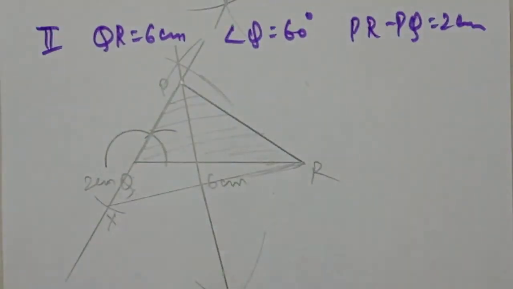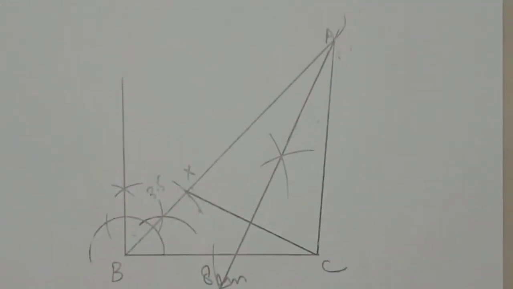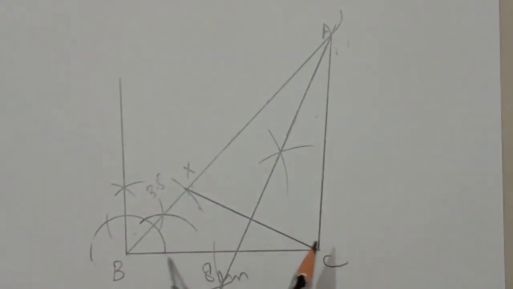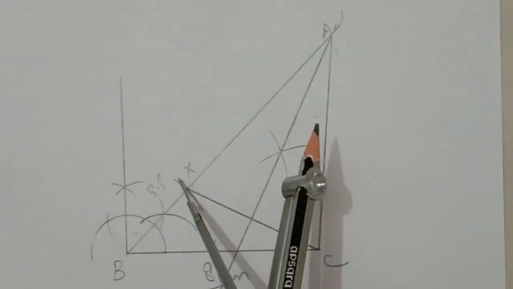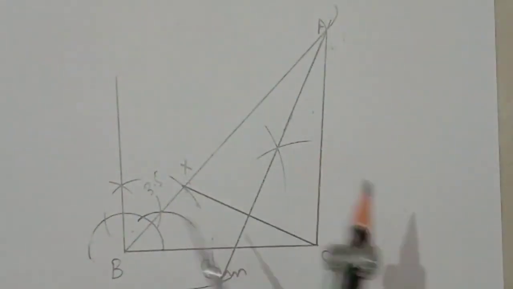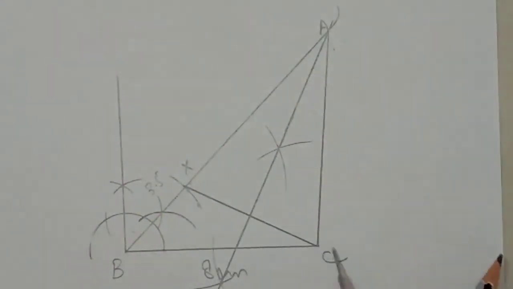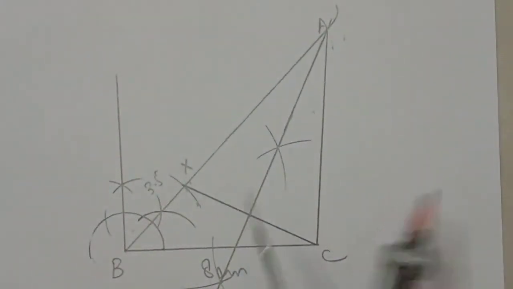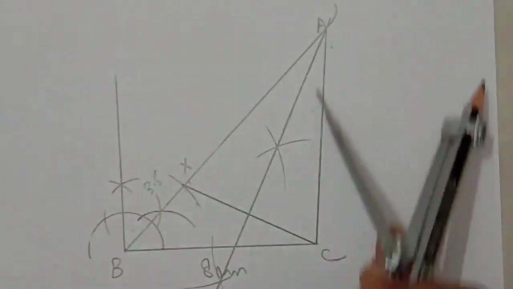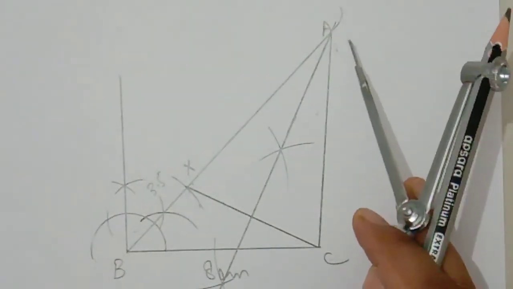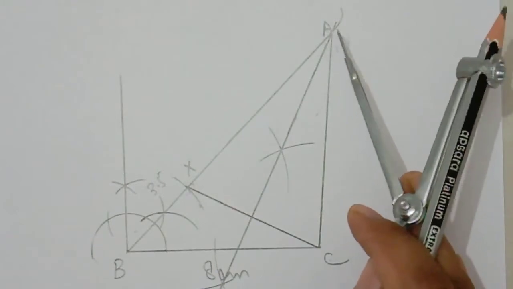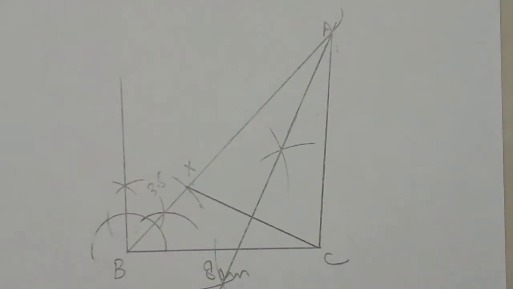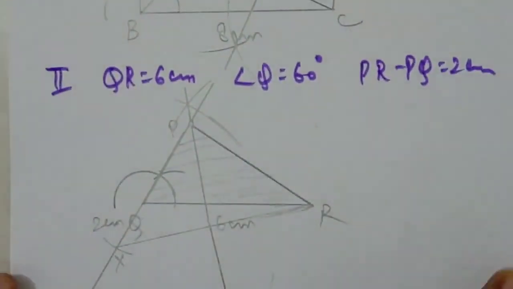Now first of all, we have to revise the construction steps of the first type. In the first type, first we will take the base, and then we will make the base angle. Then we will mark the arc of the given difference of the 2 sides, and then join to the second vertex. Then we will draw the perpendicular bisector of the new line, and then we will produce these 2 lines till they meet or intersect each other. This is our required point A, and then we will join it with the third vertex for the required triangle.